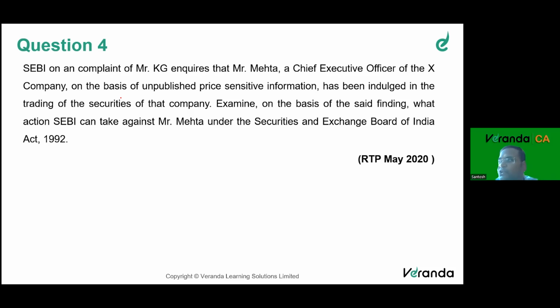I'll just spend about 2 minutes here on the recent challenges that have been coming out of UPSI. It has been extremely challenging for SEBI to control this UPSI, and unfortunately SEBI has also been struggling in recent times,